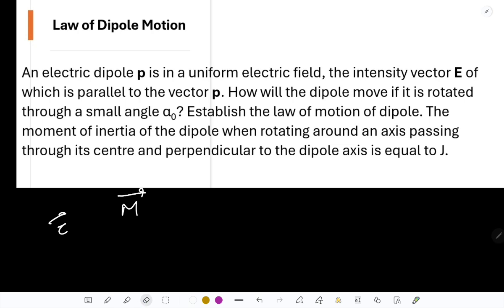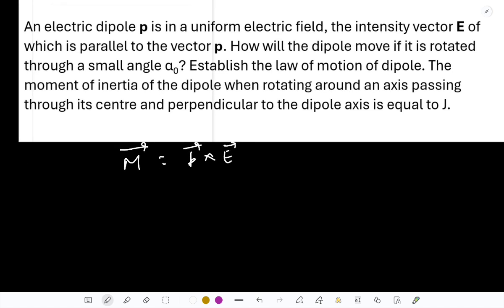In electricity they prefer to write it M vector, that is the moment and the moment of the force, and that can be written simply as P cross E. And this is directed along the z-axis and it will act on the dipole from the electric field. So let us write the equation of moments for the dipole in projection onto the z-axis, and we can simply write its moment of inertia J, that is J d2 alpha upon dt square,